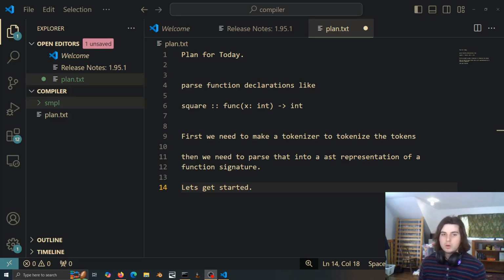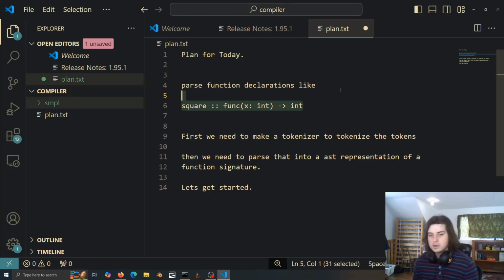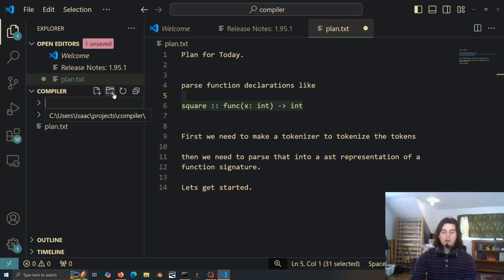Okay, today we are going to make a compiler. First, we're going to start with the tokenizer, and then we're just going to be parsing function signatures. So let's get started. We'll make a